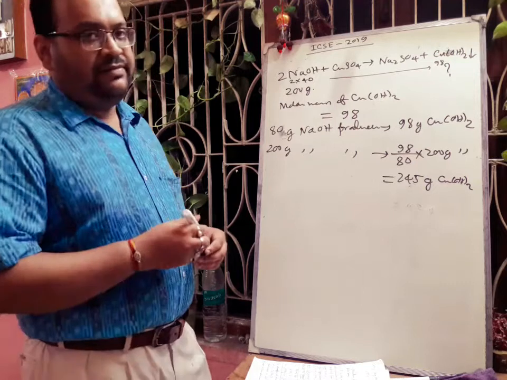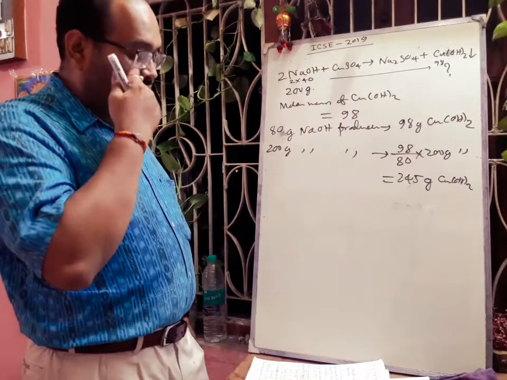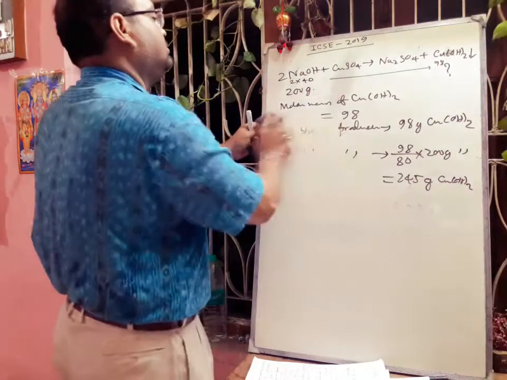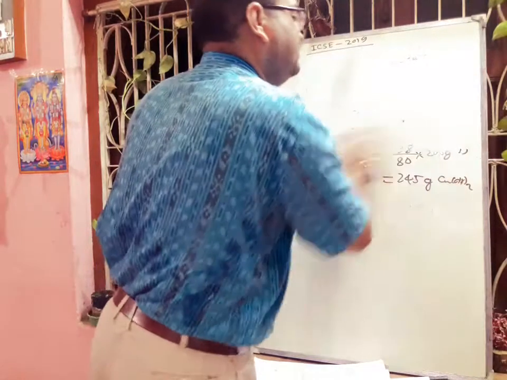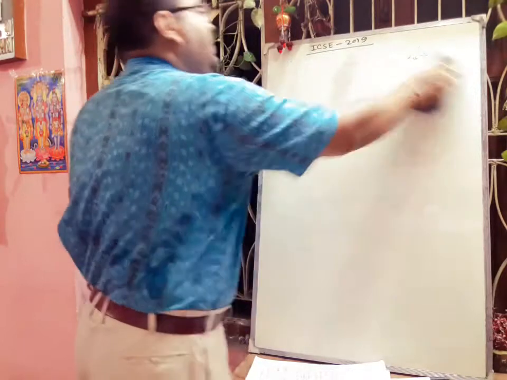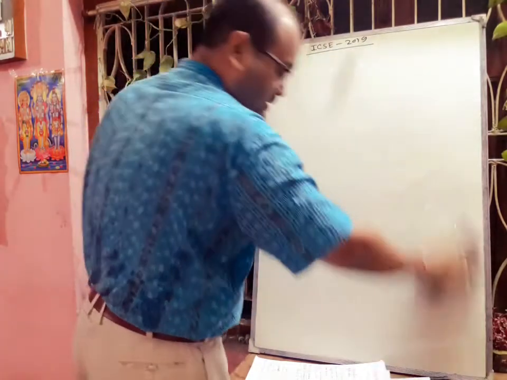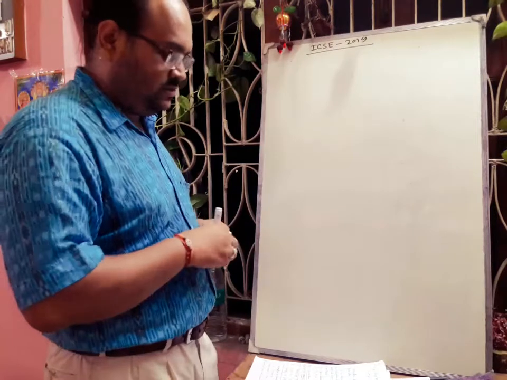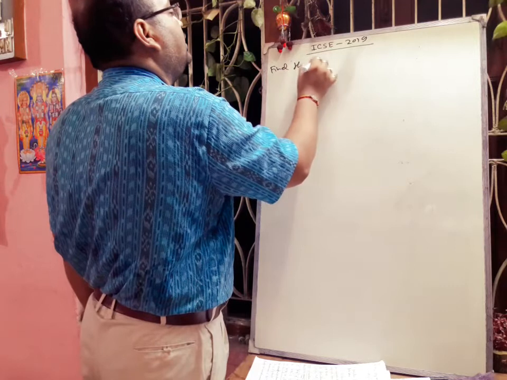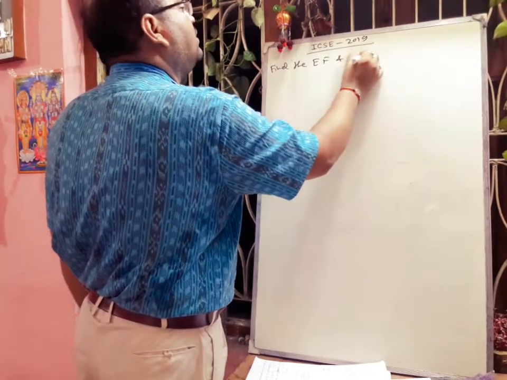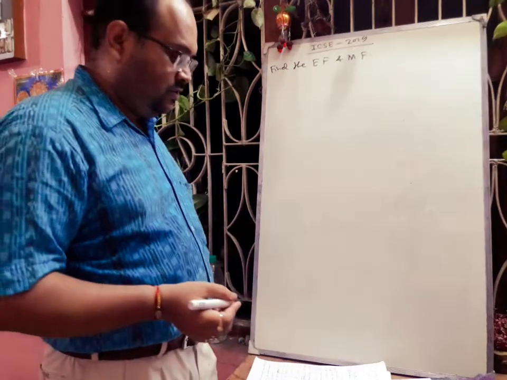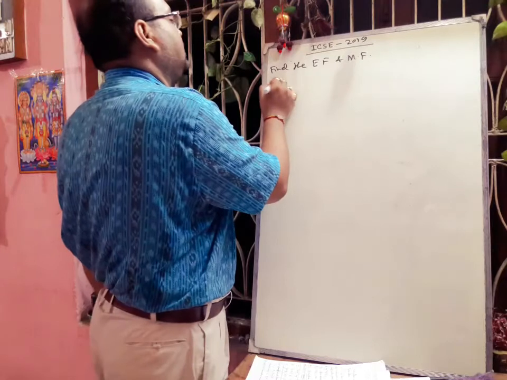Okay. Next, another problem was given in the year 2019, that is empirical formula and molecular formula based. That also we will solve here. So this year also the total number came 12, and this numerical on empirical formula and molecular formula is 4 marks. Here what is the question? Find the empirical formula and molecular formula. Now here the percentages of carbon, hydrogen, nitrogen are given. So we are preparing the table so that you can understand very easily.